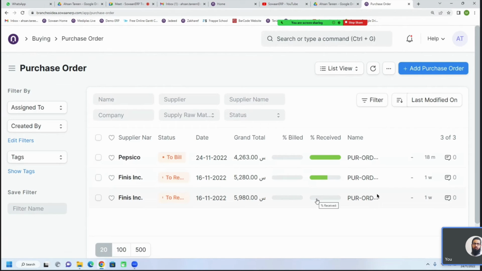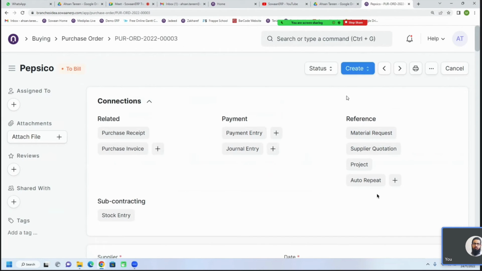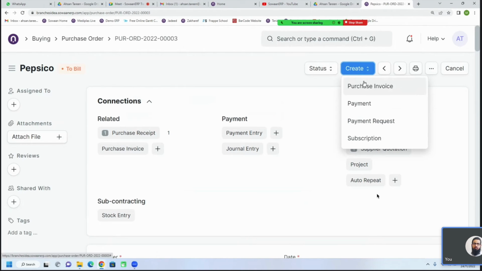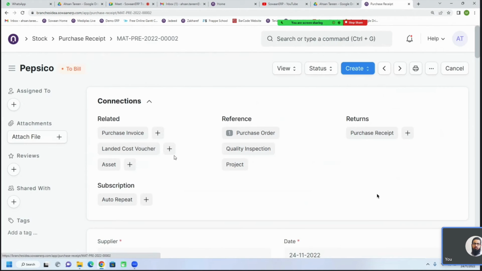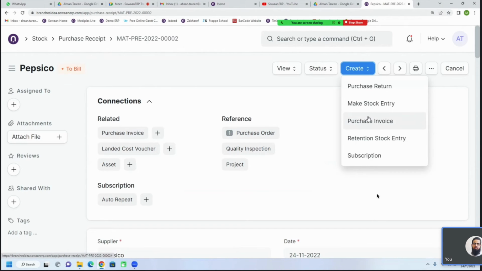Okay. So we have two options. We can create an invoice for the whole purchase order. Like we created a purchase order of 100 items, so we can put the purchase invoice directly on the purchase order, and we also have the option to create an invoice for the purchase receipt only. Like we have a purchase order of 100, but we received 50, so we can invoice for the 50. Either we put it on the main order we created or on the receiving notice. Yeah. On the purchase order, the invoice would be 100%, and on the receiving form,